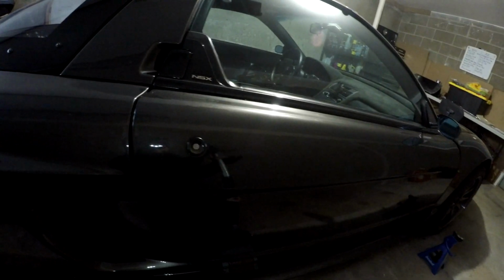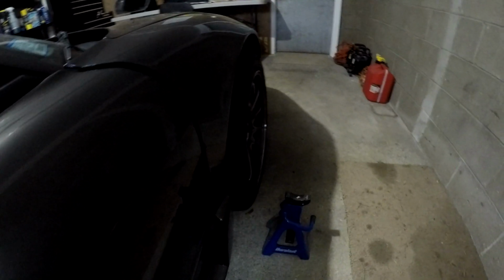So next up, I've got to find the jack point, which is right here. It doesn't get close, but it makes contact. I should check to see on the other side if it's on. Yeah. So if I go up,